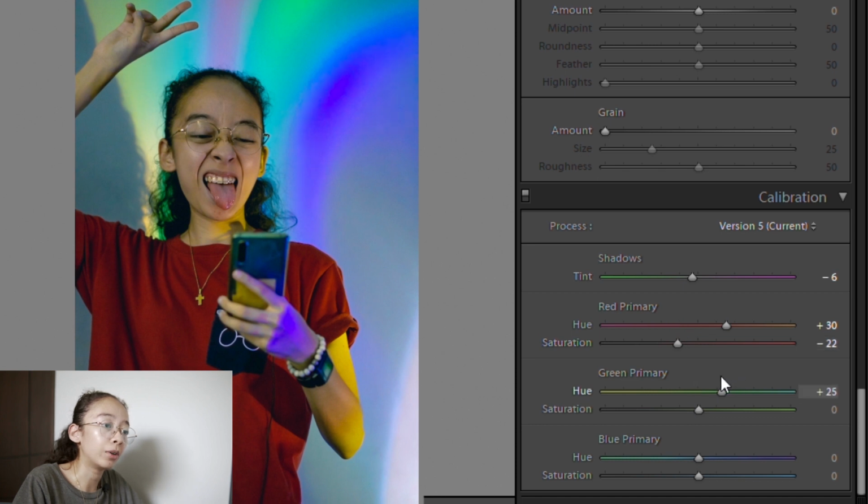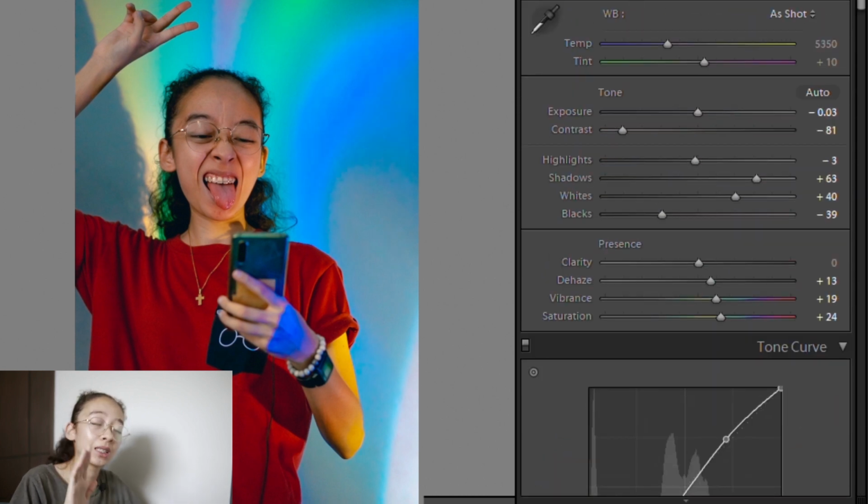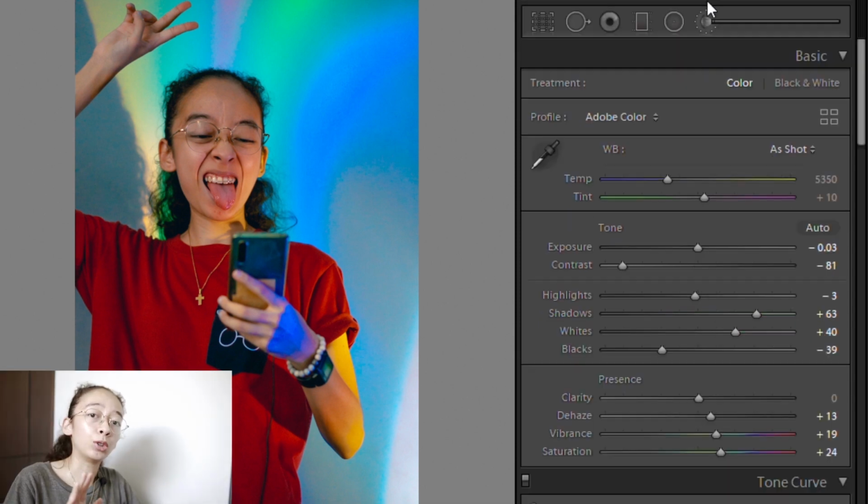Green primary is 29, then saturation plus 13. Then blue primary -48, then the saturation is 48, because I want the blue to be a sky blue one. Since I want the background to be like that and my skin tone or face to be lightened, we'll now